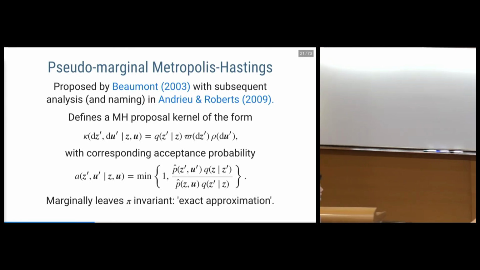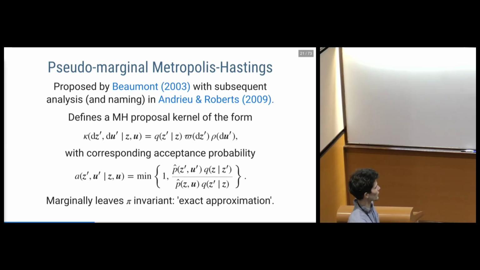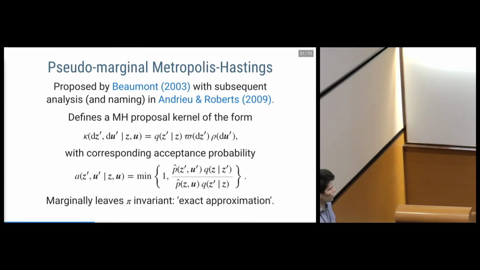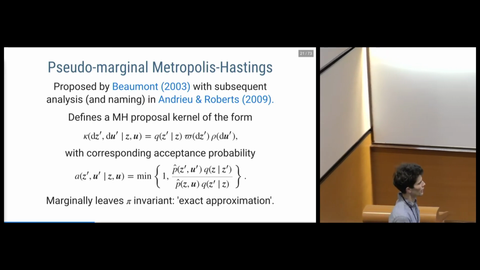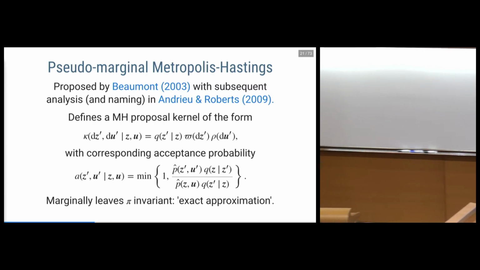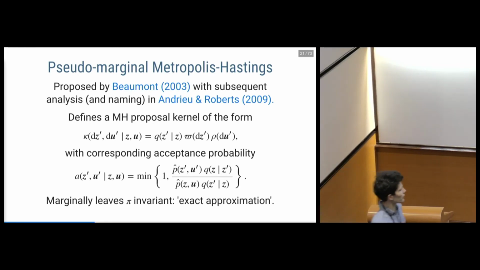And this is behind the name of exact approximation. So here, the actual Metropolis ratio only involves things that we know how to evaluate. We have this density estimator. Implicitly, this defines the auxiliary variables, but all we need to be able to do is actually evaluate the density estimates themselves. We don't need any particular knowledge of the U variables or their distribution. And then we have some standard proposal density on our Z variables, which typically we will be able to evaluate fairly trivially.